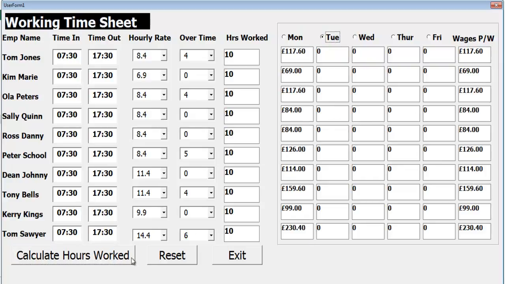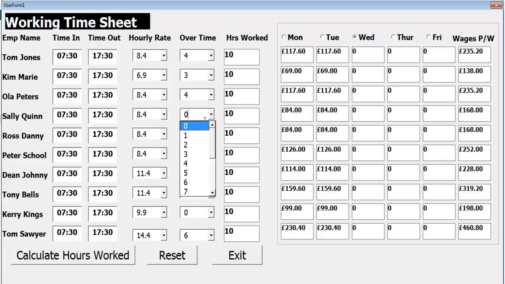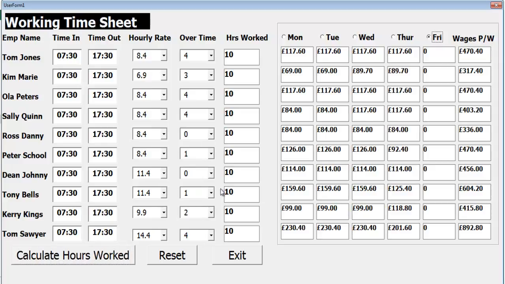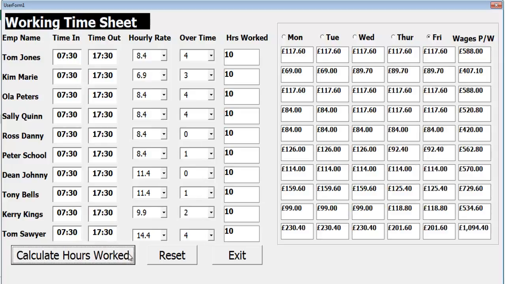So Tuesday, repeat the same thing. Wednesday, maybe this guy now decides to do an overtime. That's Wednesday. Thursday, let's see, drop in overtime. We only did 1 hour. This guy 1 hour, maybe this guy 2, and this guy is done 4. Okay, so click on Friday, exactly the same thing, and that's it. And here, this very column,